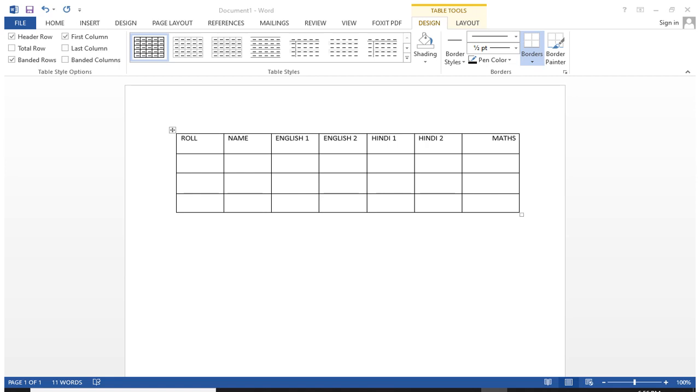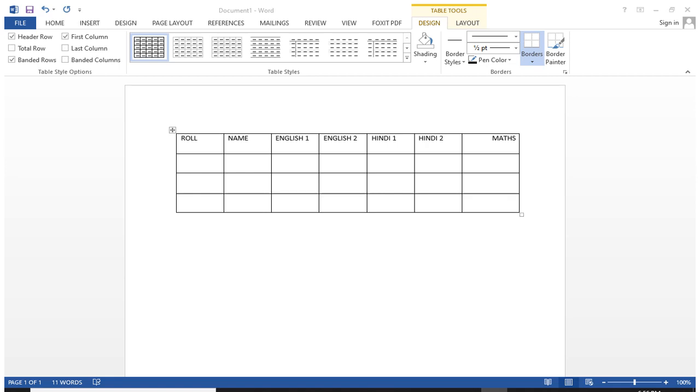Now I want to merge the subjects Hindi 1 and Hindi 2 in a single cell. This is my original table and I want to merge the cells Hindi 1 and Hindi 2.